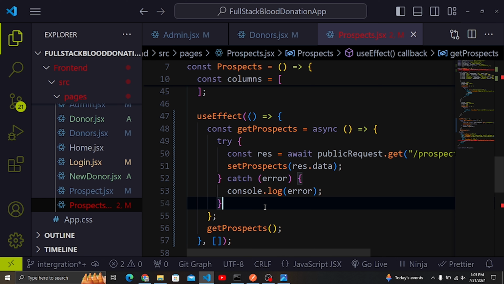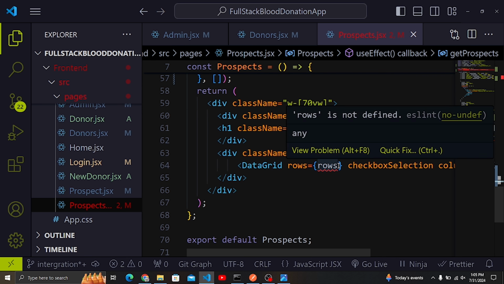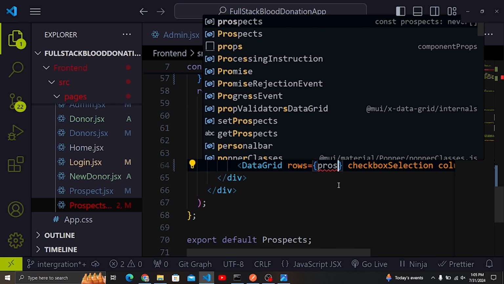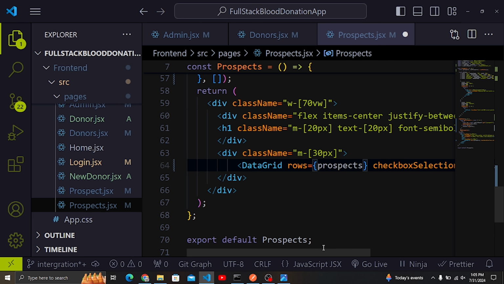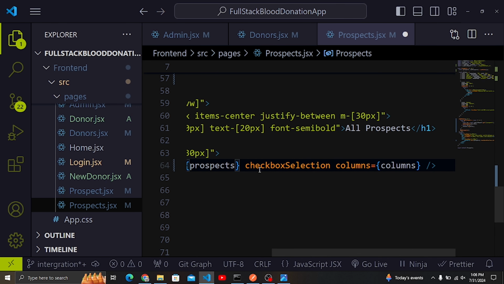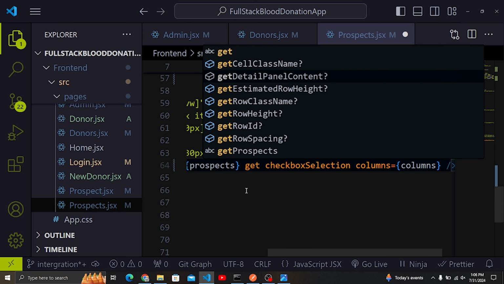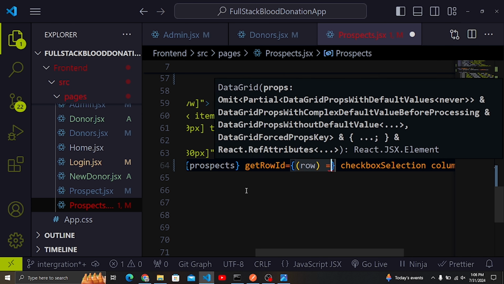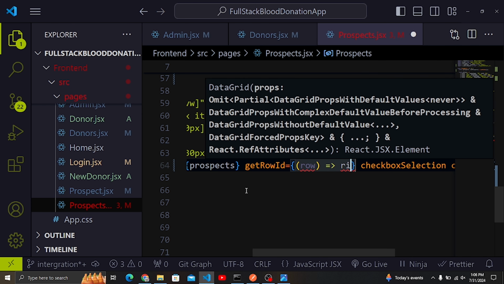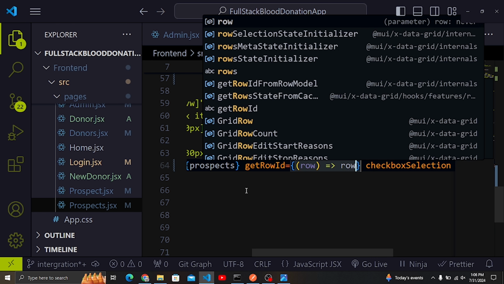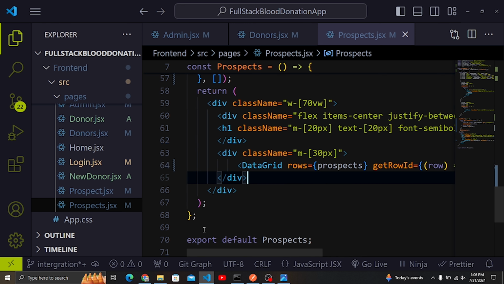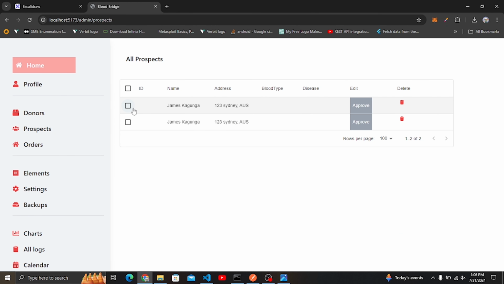Now if I save this, I make sure that I change here to now the prospects. So let me change to prospects. And I also want to add the ID here. So get row ID here like that, and then I'm going to get the row here, and then I'm going to return row and row dot underscore ID like that. And then after that, I can save this and come back to the donors here,